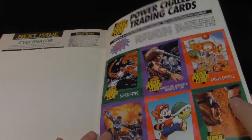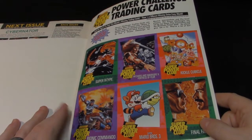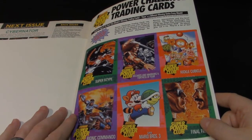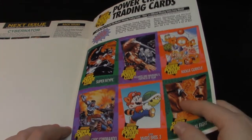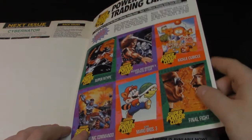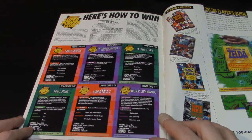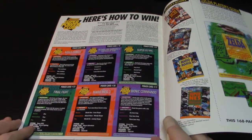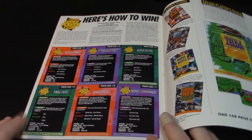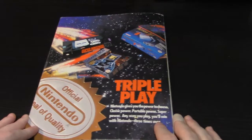And finally, the last page here is the Power Challenge trading cards. Most issues from like 90 till 93 or 94 had 6 of these cards in the back, which is awesome. Covered all kinds of different games for each system. I like how this one has Kickle Cubicle because it's one of my favorite games. And on the back they had little tricks and challenges that you could challenge yourself, and I guess submit the challenges to Nintendo Power, and if you got the highest score, you'd win something. I don't remember, but anyways, guys, that is